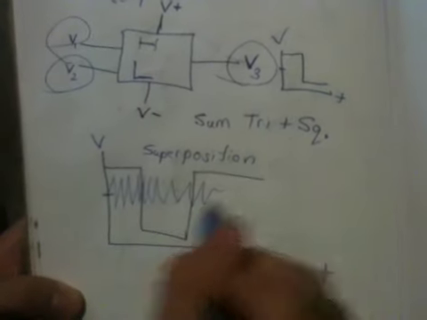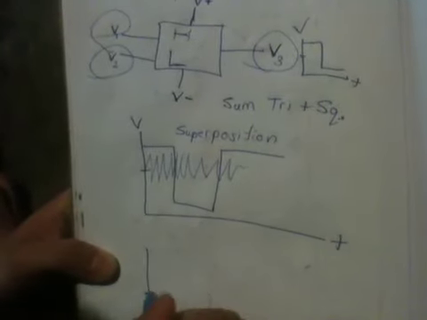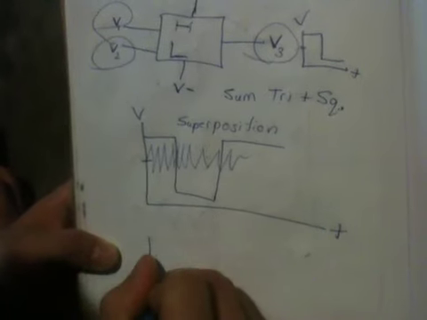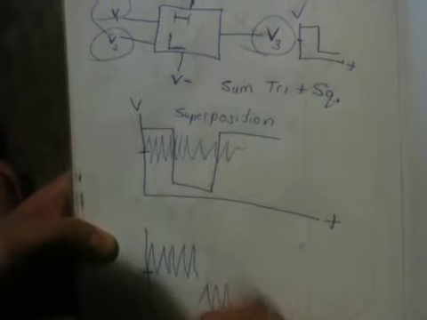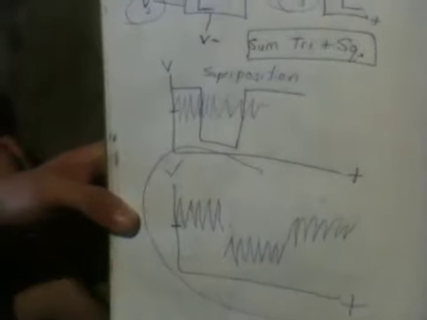So what you actually get, if the square wave and the triangle wave are put together, is a jittery square wave. Exactly, a jittery square wave that works like that. Okay, and now this is what happens when you sum the triangle wave and square wave together. And if we take this output into one input of a comparator,